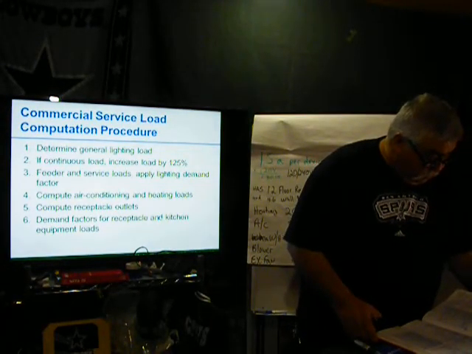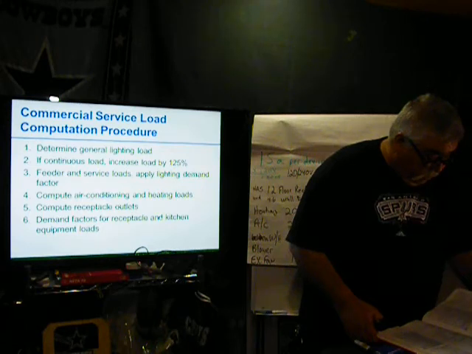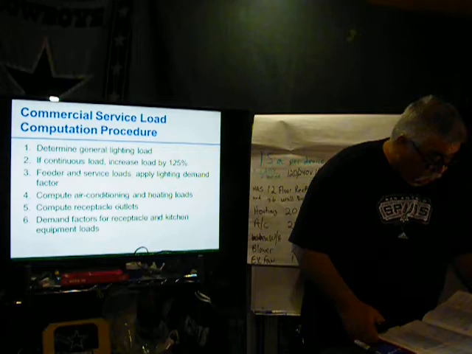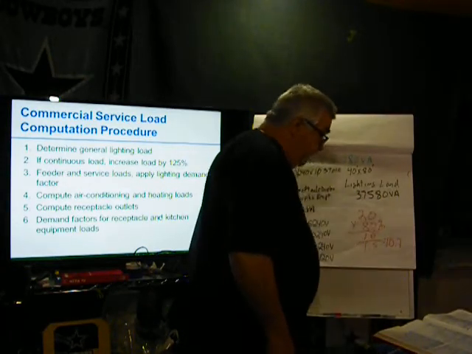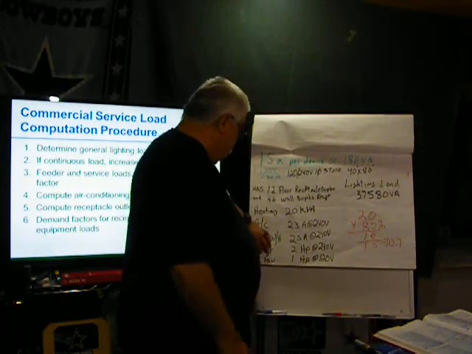Using the guidelines given in section 250.24(C), size the grounded service conductor. Be sure that the grounded service conductor is not smaller than the grounding electrode conductor. So 250.66. So what it's saying is